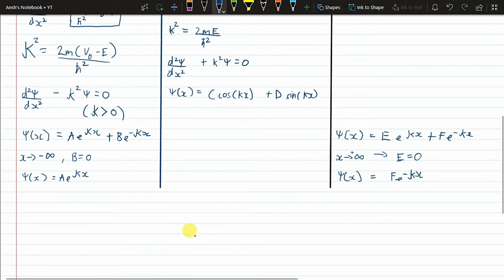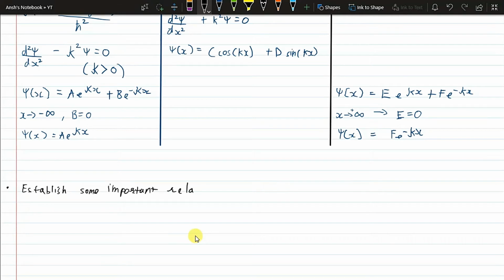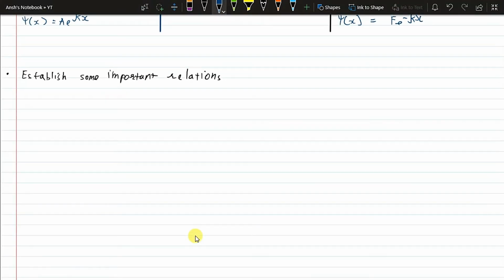So now, an important step that we'll do is that we'll establish some important relations. And what I mean by important relations is that we'll make use of these constants that we define, the k's and the kappas, and we'll establish some relationships that are helpful in looking at the finite potential well. And we'll discover that shifting from the infinite to the finite potential well, we won't be able to determine the solution analytically. We'll only have numerical solutions popping up, but we'll see that as we solve the problems.